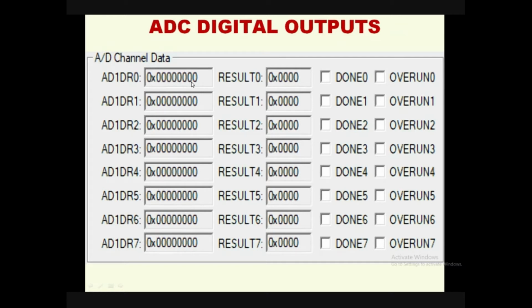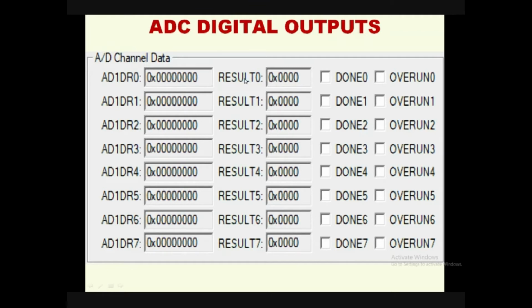Because the data registers are all 32-bit, but the ADC available in the LPC2148 microcontroller is a 10-bit ADC, as we all know. Because it is a 10-bit ADC, among the 32 bits, 10 bits are digital outputs, from bit number 6 onwards. So it is very difficult for us to find the hexadecimal equivalent of those 10 bits in between.